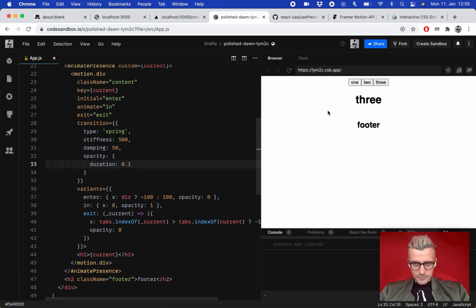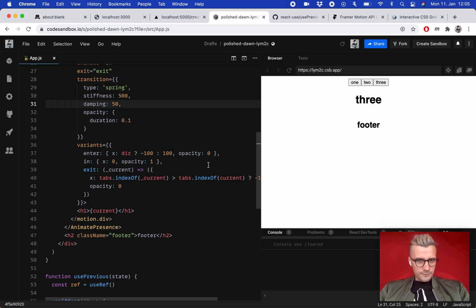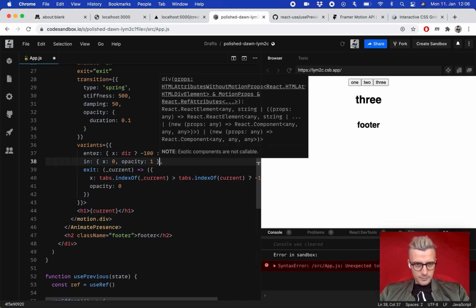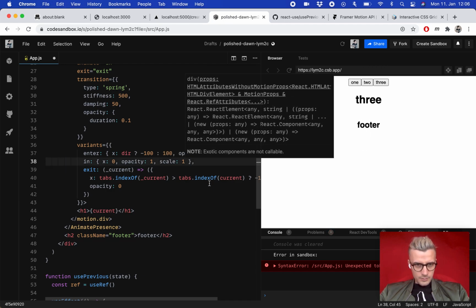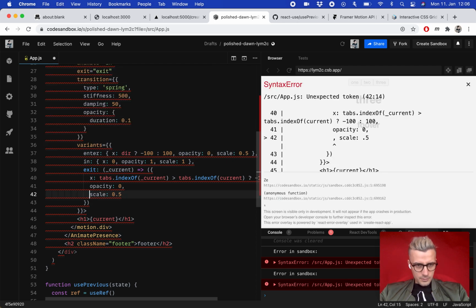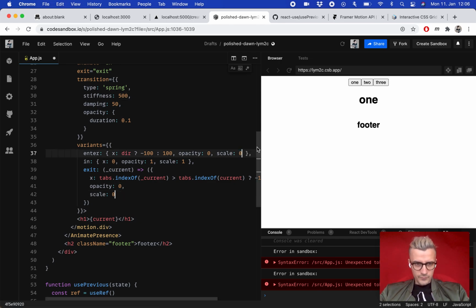So now the opacity transition is faster, which is quite nice. And we can start tweaking stuff like maybe add a scale from 0.5 to 1, back to 0.5, stuff like this. And we can start playing around with it, maybe lower from 0,